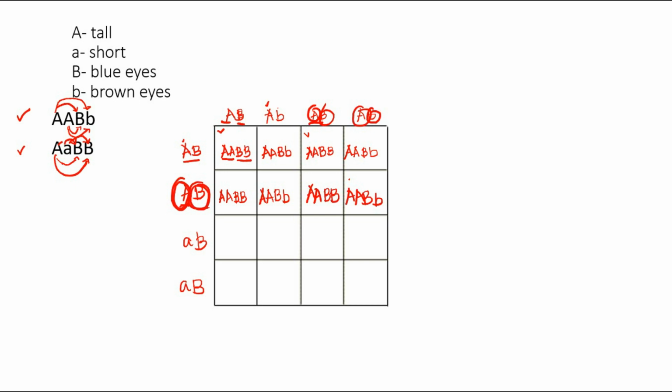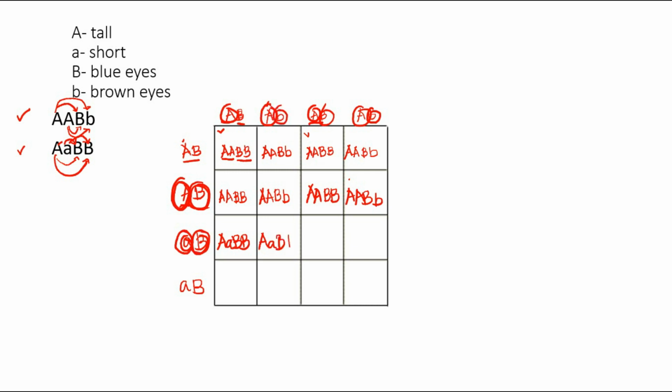and recessive B. For this part, like what I have said earlier, you are going to always put the dominant letter or dominant allele first before the recessive one. So we have here a recessive A and then the dominant A. So you're going to write it like this: dominant A, then recessive A, and then dominant B and dominant B. And then for the next one, you will have the dominant A again and recessive A again. So this is dominant A, recessive A, and then first you will write the dominant B and then the recessive